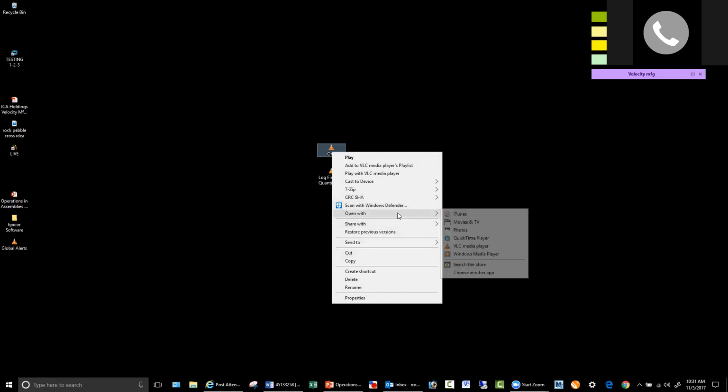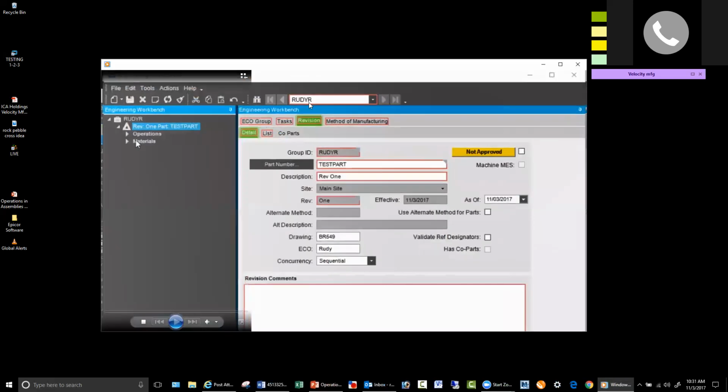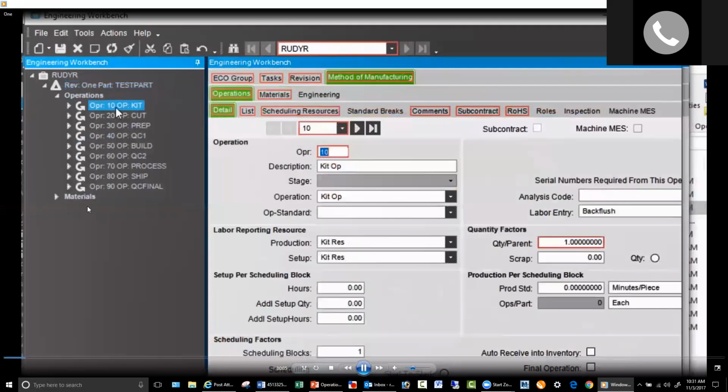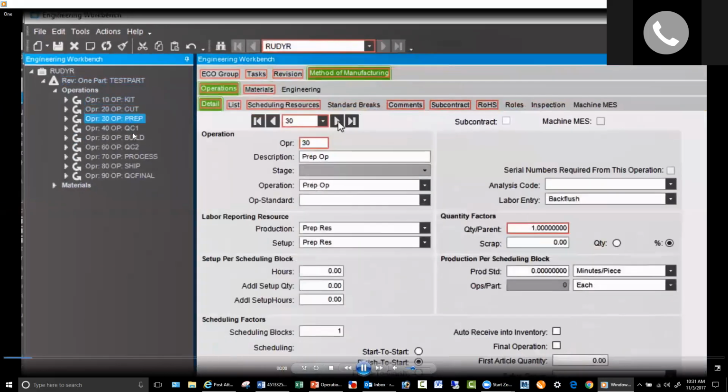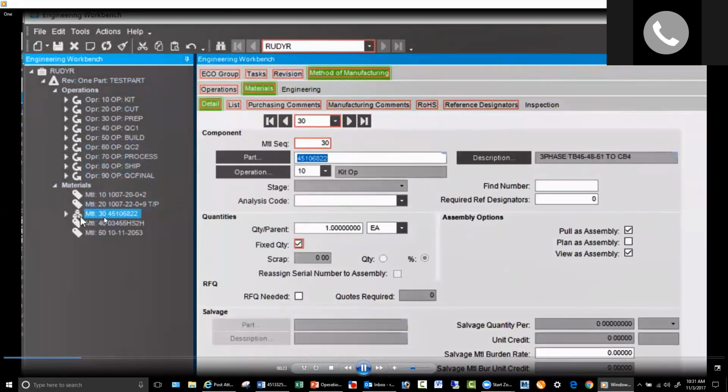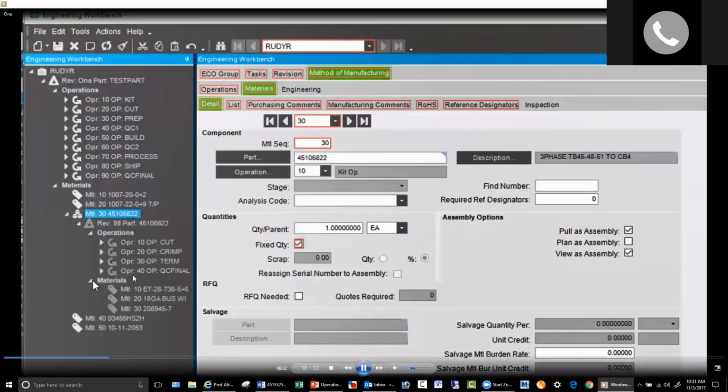It's how sub-assemblies go within Epicor. I created a test part, and this test part has certain operations that you normally see on your process sheet. The last process would be recording the QC final assembly, and that's what really has the total amount of minutes. The material here you see, this one is a sub-assembly. And please don't hold me to this. I was just making this up as I went on a few minutes ago. Here are the operations to make this 45106X22, and here are the three materials that it takes to make that